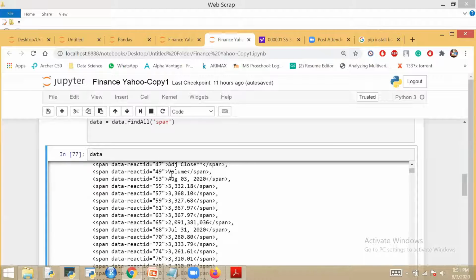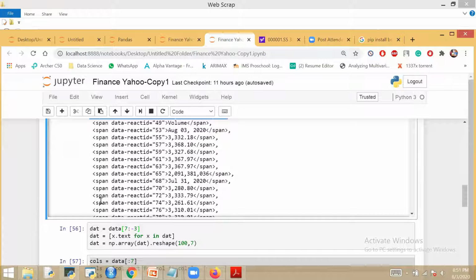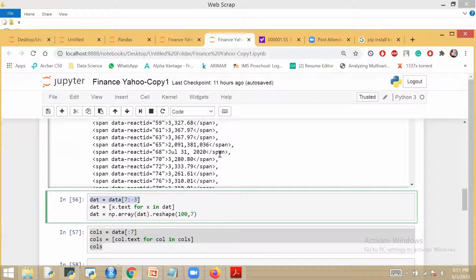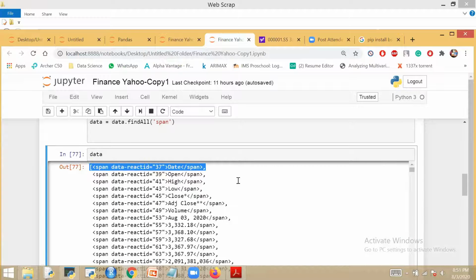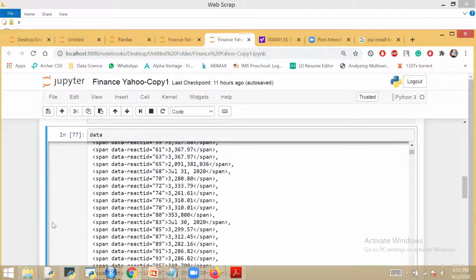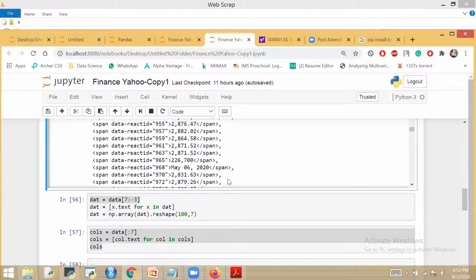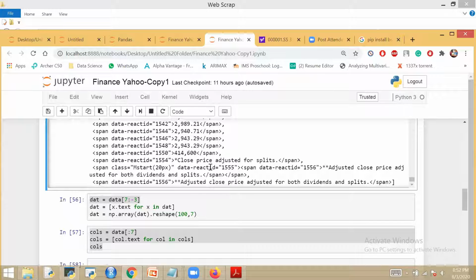So what I've done, first 7 rows I've removed from the data which I'll be extracting. First 7 is gone, means the first column has these 7 rows in it. After the first 7, I've made a data frame of this data. I've removed this; I will extract it separately, naming it column names of my data frame. And minus 3, why I've done here is because at the last some XYZ entries are coming, some text entries which I'm not interested in seeing.